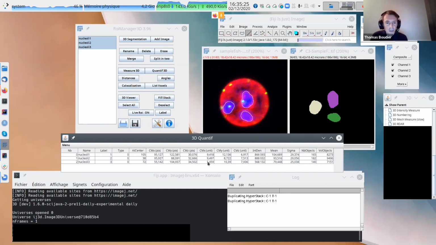So the center of mass in pixel units, integrated density is just the sum of all the intensity within the object for this intensity value, the average intensity, the standard deviation intensity. This one, in case this image is not an intensity image but like other objects, it will number the other objects within this object. So if we don't use this intensity image here, but the spot label image, it will count the number of spots within these 3 objects. Maybe we will see this later.